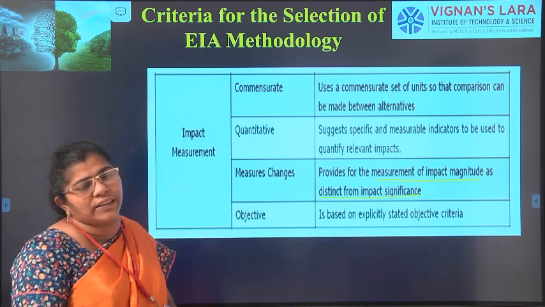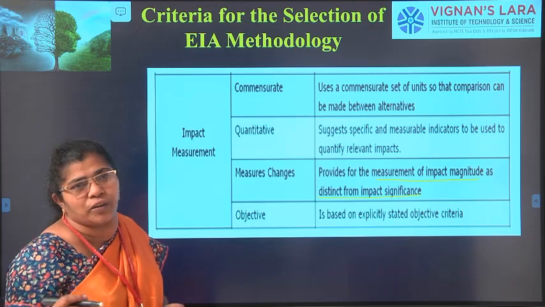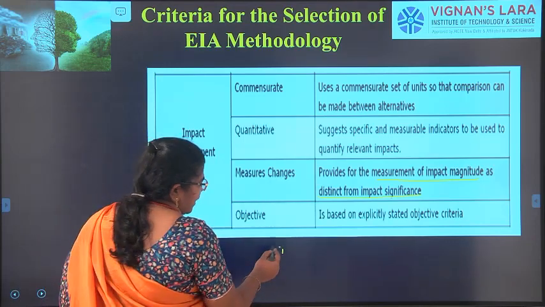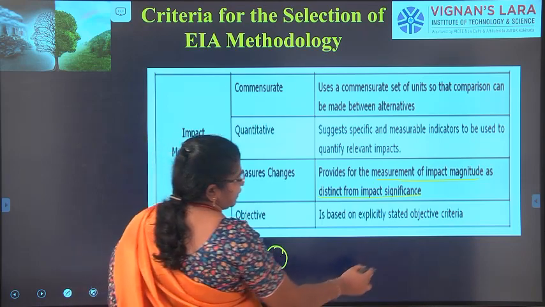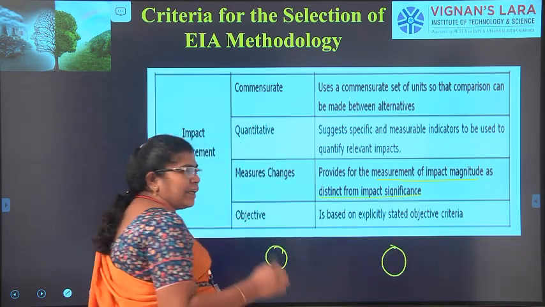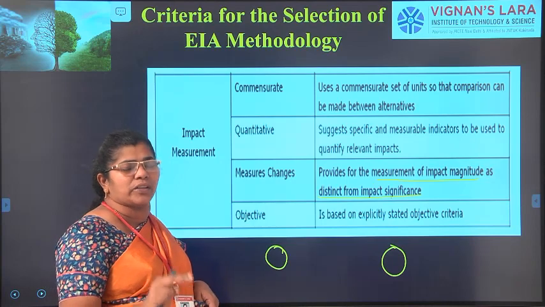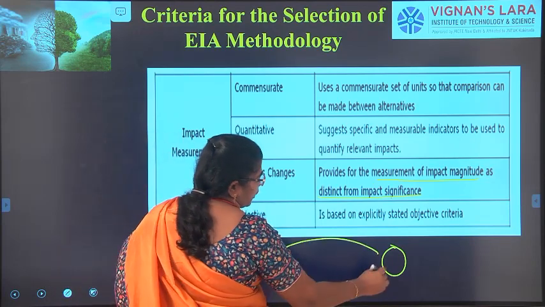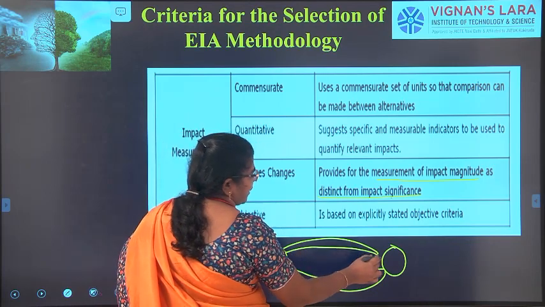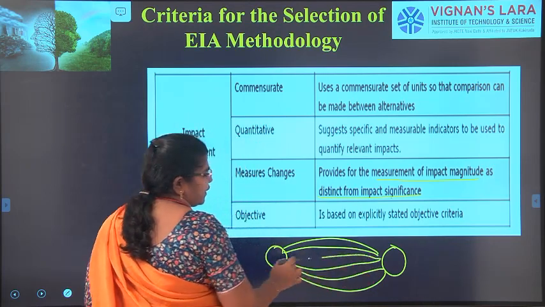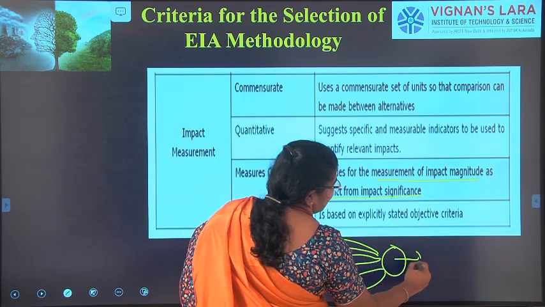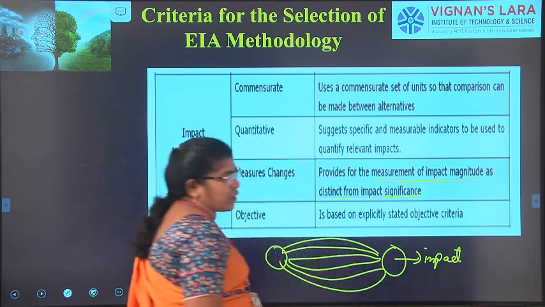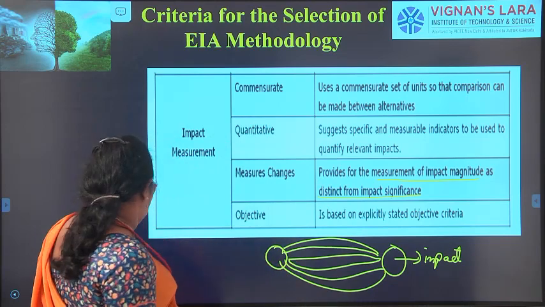So all this methodology should at last go to a goal, right? If it is an EIA methodology I am selecting, this is the goal I am going to research: what is the impact of that project on the environment? Any number of alternative ways can be there, but ultimately it has to go to one thing: what is the impact of that project, or the development of the project, on the society? That is what the methodology has to give.